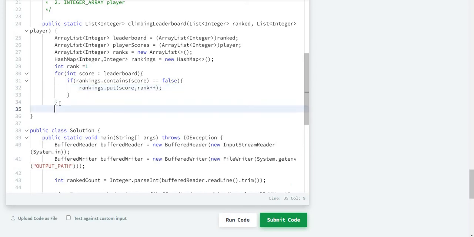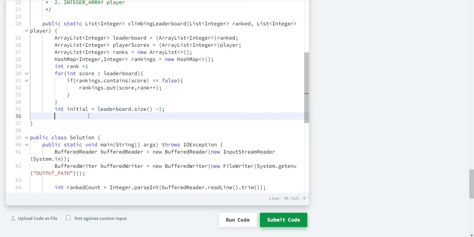Now let's create the variable initial whose value would be leaderboard dot size minus 1.